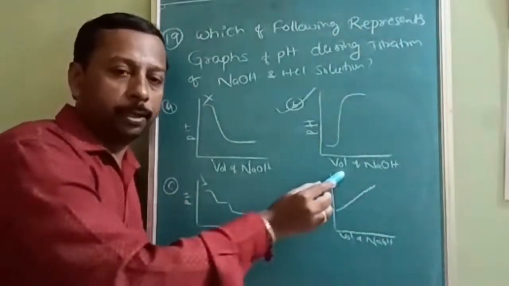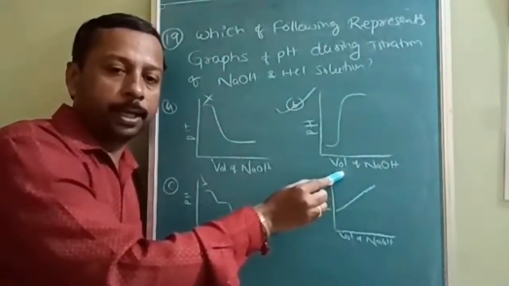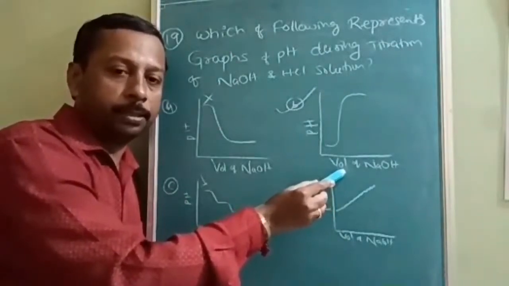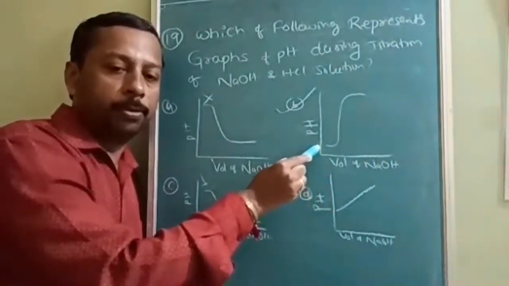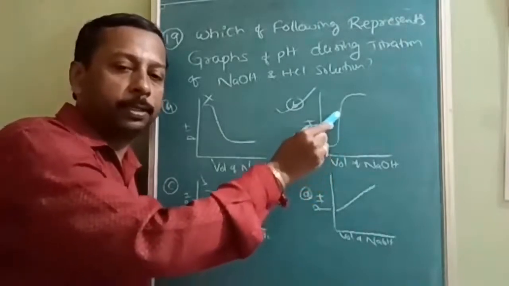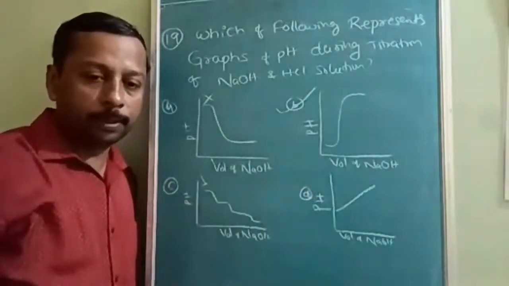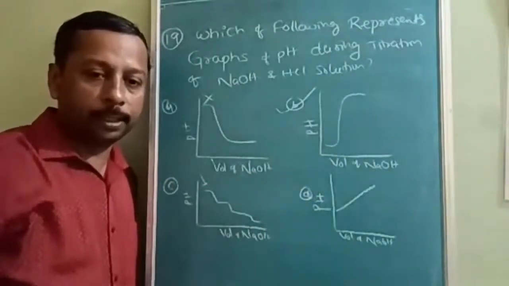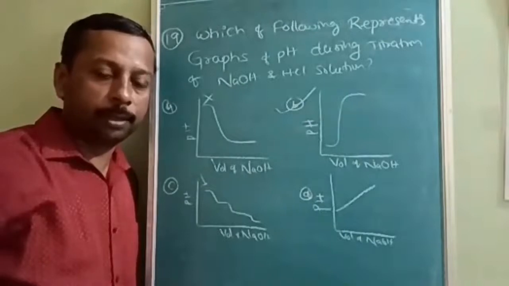Here the volume of NaOH is given. That means acid is titrated using a base. Once the volume of NaOH is 0, pH will be low, as acid is there. Then when you keep on adding the base, pH will increase. Is it understood? The equivalence point and end point difference I clearly mentioned. End point depends on the indicator. Equivalence point depends on neutralization and formation of salt.